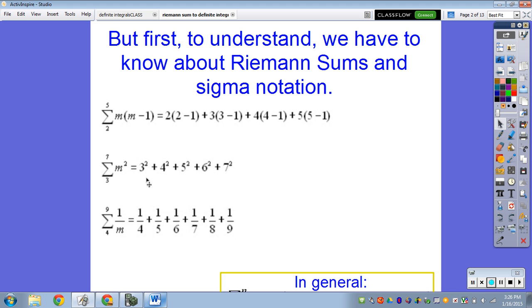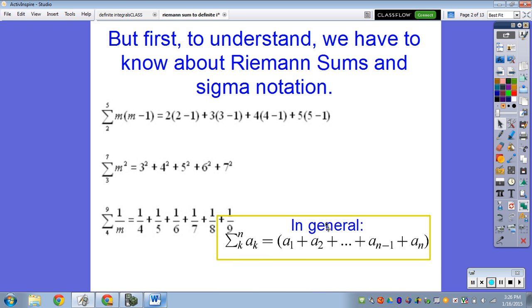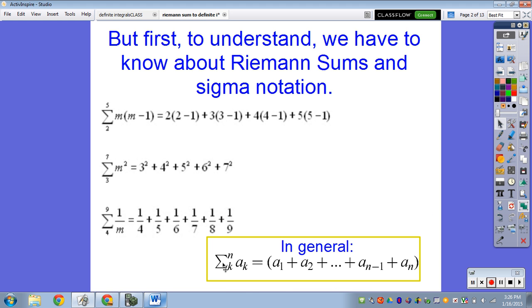And so the same is true for this situation where your m, your variable, is raised to the second power. You raise each whole number from 3 to 7 to the second power and add all those together, and that gives you the sum. And so in general, what we have is our sigma notation. Sometimes you'll see your indexes written here instead of above and below, but it's from k to n for whatever your formula is for the sum, and then you would plug in each whole number from k to n